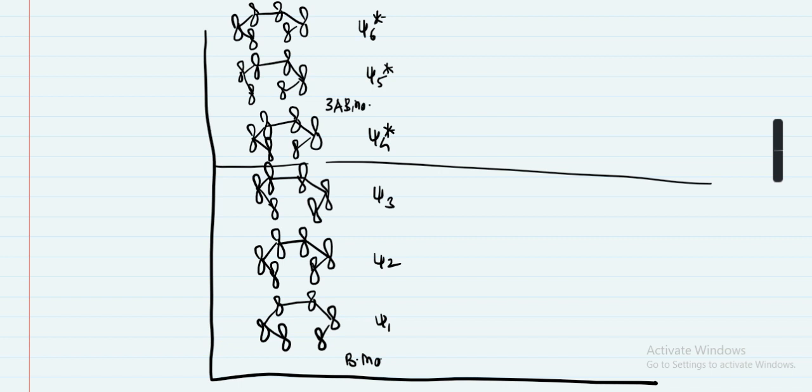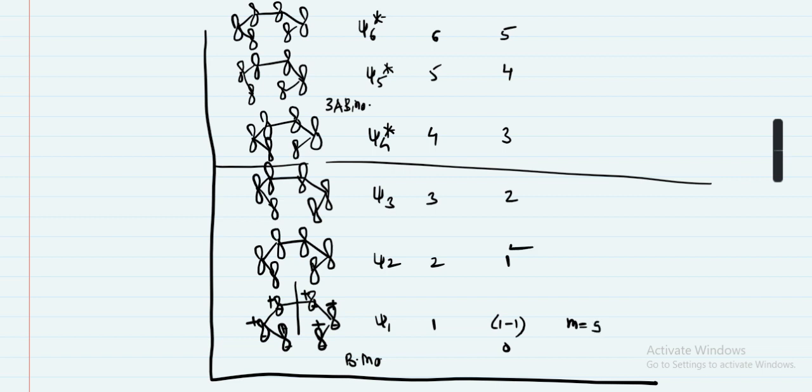Therefore n is equal to 1, 2, 3, 4, 5 and 6. Therefore the nodes: 1 minus 1, node is 0; 2 minus 1, node is 1; 3 minus 1, node is 2; 4 minus 1, node is 3; 5 minus 1, node is 4; 6 minus 1, node is 5. Therefore there is no node in the first, so all should be positive. At the bottom there is negative. When you pass the mirror plane, the same sign is reflected, therefore mirror plane symmetry for such an orbital is symmetrical.